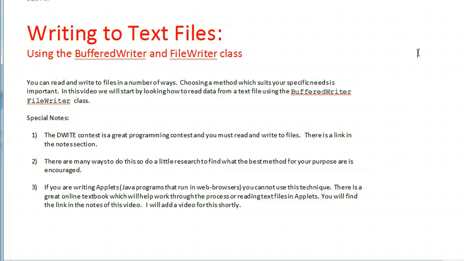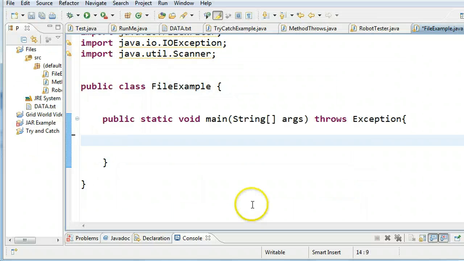Anyways, and finally, if you're writing applets, this won't necessarily work. You have to do a little bit of added manipulation, and you can find out how to do that by consulting the online textbook, which I think is great. The link is in the notes for this video. All right, that's enough said. Let's dive in. So here's my file,